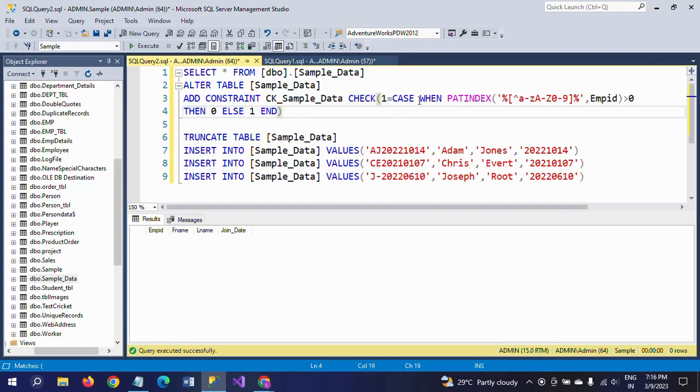Case when PATINDEX, here you need to understand the logic. With the percent symbols, it's like a pattern: other than a to z small letters, uppercase A to uppercase Z, and 0 to 9, if PATINDEX within the symbols on EmployeeID is greater than 0, then 0, else 1. So if it is